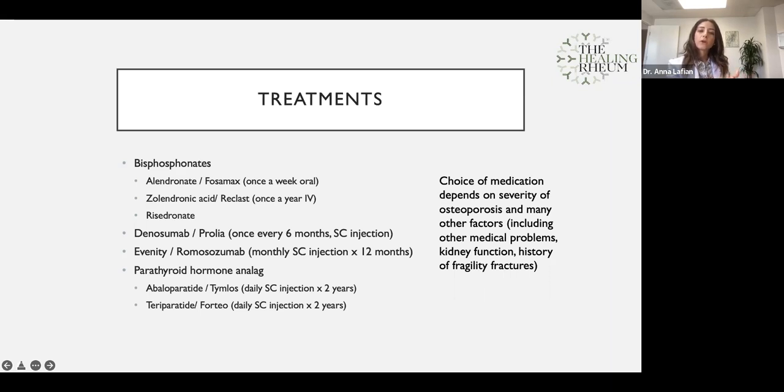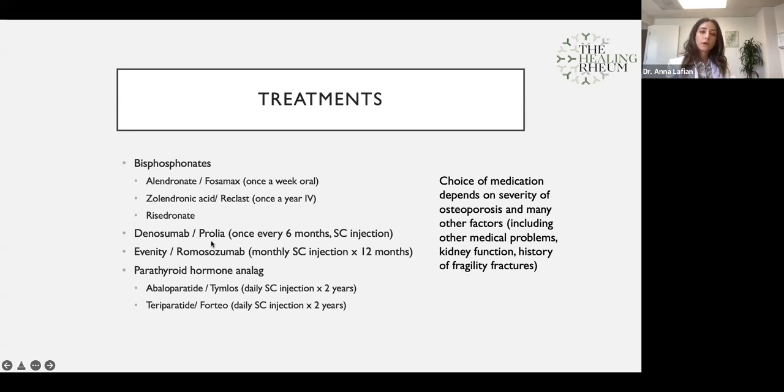It depends whether you have a history of fractures, fragility fractures. Have you ever fractured your spine, et cetera. So it all just depends on your particular situation, but there are a lot of different treatments. The number one important thing that I want to highlight here is if you are on any of these treatments,